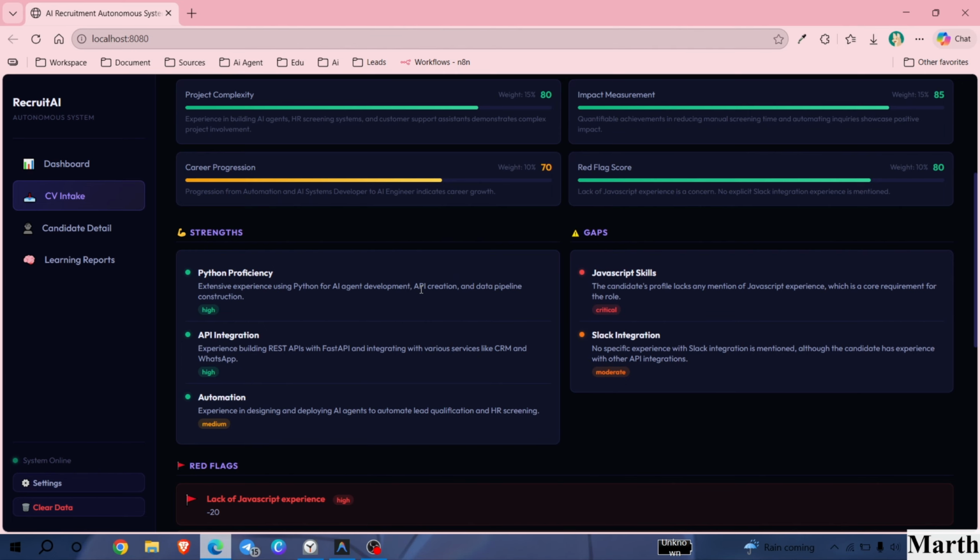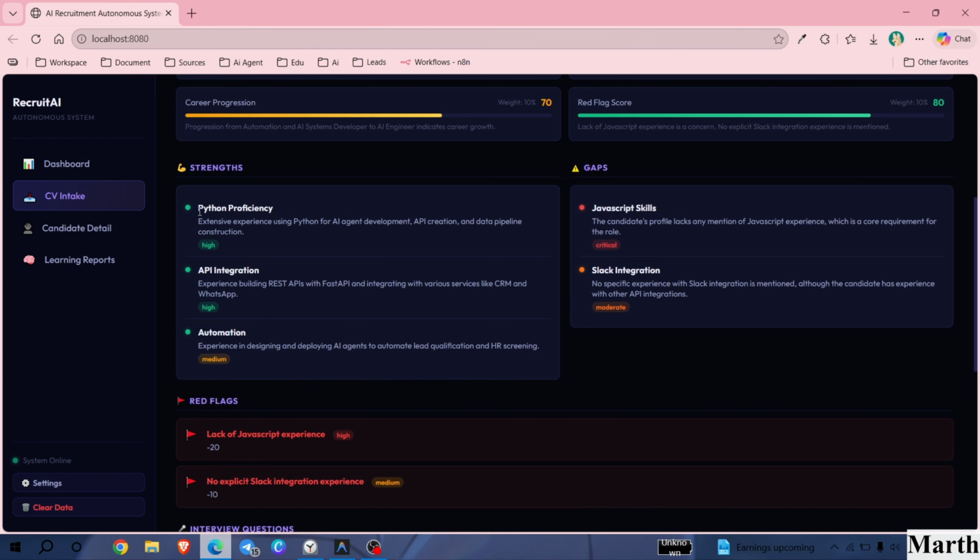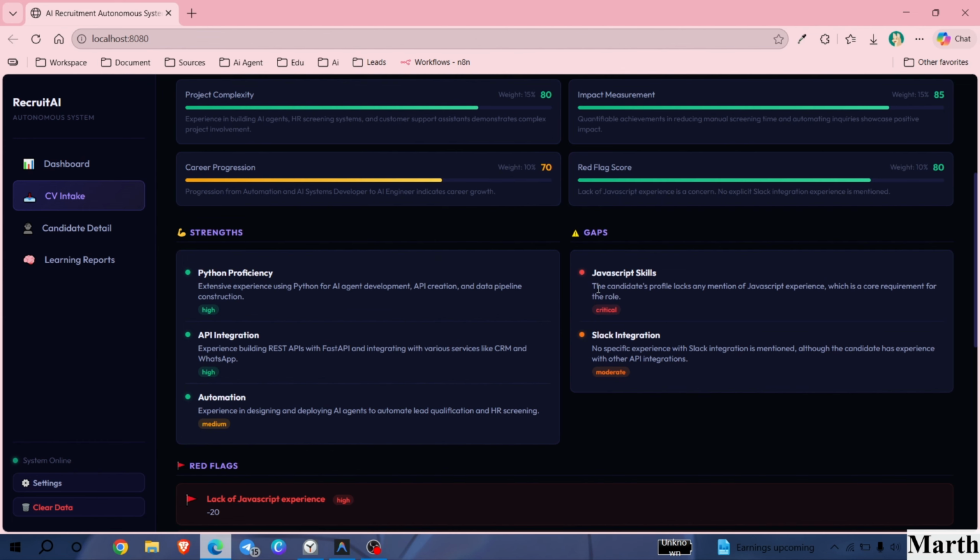And of course, this AI will generate the strengths. He basically has Python proficiency, with experience in Python for AI agent development, API creation, and data pipeline construction, familiar with API integrations, and experience in designing automations. And the gap is JavaScript skill. The candidate's profile lacks any mention of JavaScript experience.